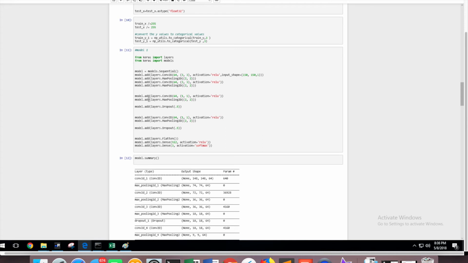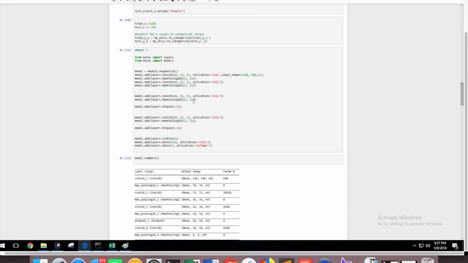This is the architecture for our first model, where we have a 64-layer convolutional 2D network with a 3 by 3 filter and ReLU activation, and the input is a 150 by 150 by 1 image, followed by a max pool layer, then another convolution 2D layer with 64 layers, 3 by 3 filter, ReLU activation, then a max pool layer of 2 by 2, convolution 2D layer of 64 layers, 1 by 1 filter, activation of ReLU,